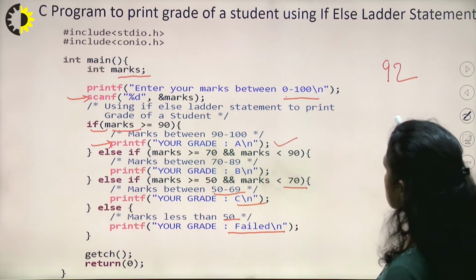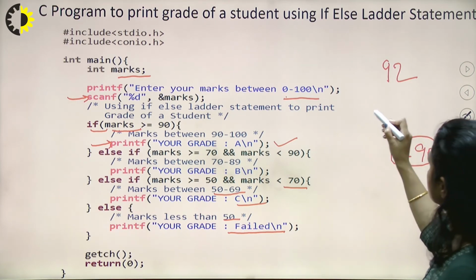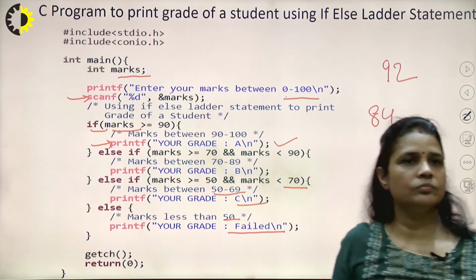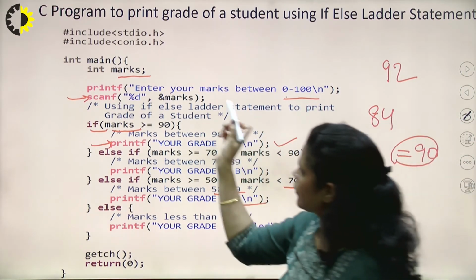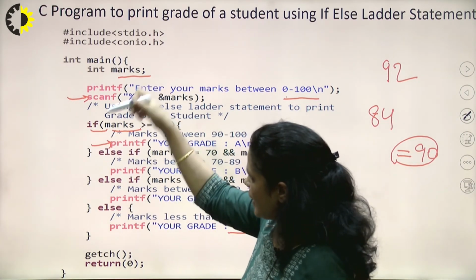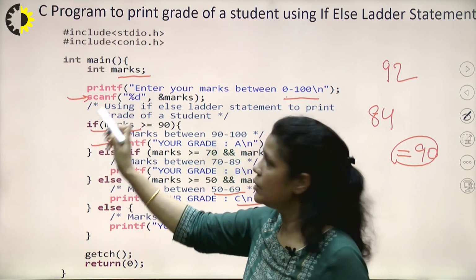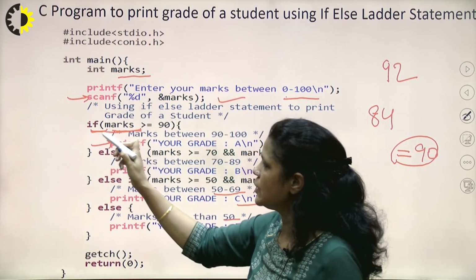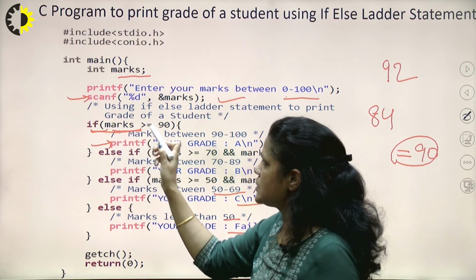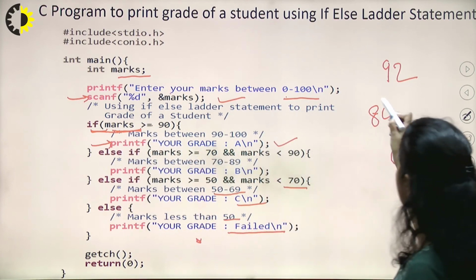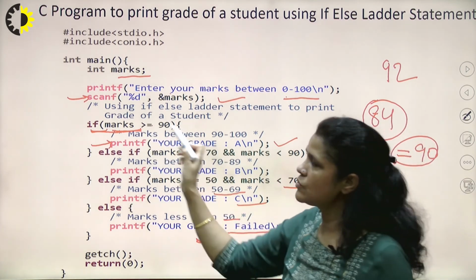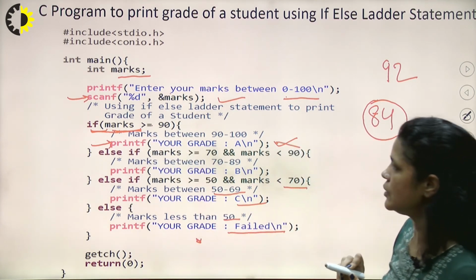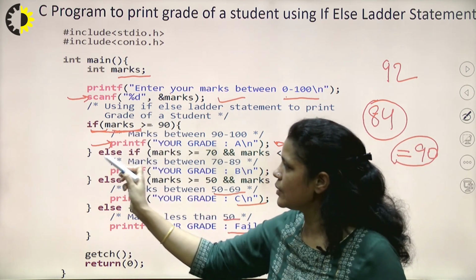Let's suppose the student is entering 84 in marks here. So what will happen? If compiler's control comes here, we'll start here. Once we have marks, compiler's control will come here and then we'll check if marks is greater than equal to 90, but the student entered 84. So this condition is false. This time this printf statement will not work, and compiler's control will come here in the else part, and